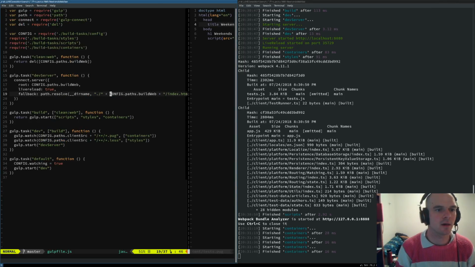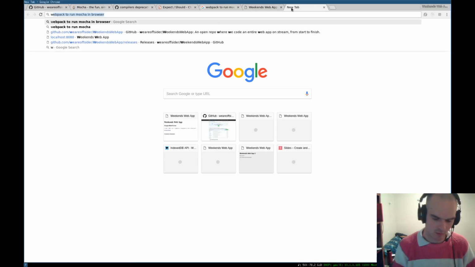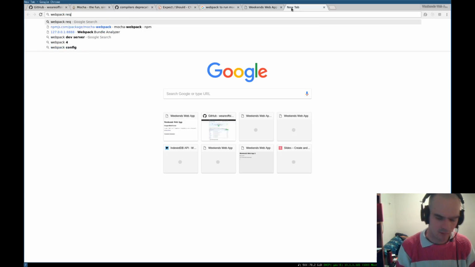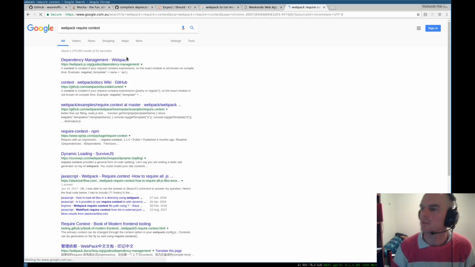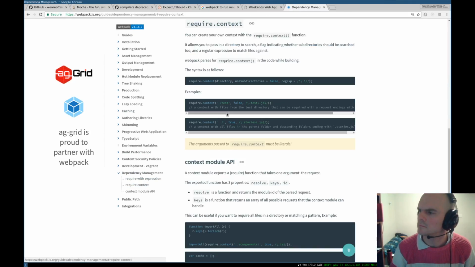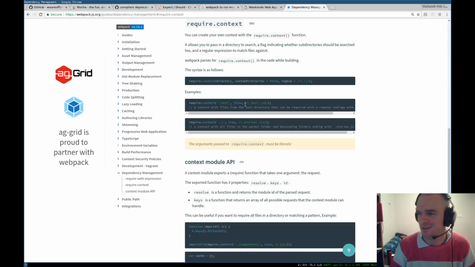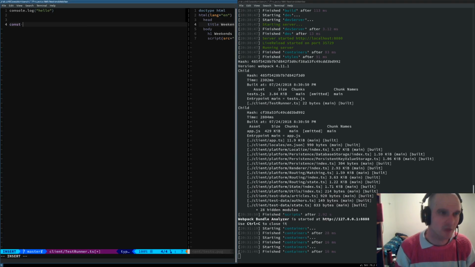So let's have a poke in our test runner. And I'll bring up some documentation for this one as well. So we've got Webpack require.context as the concept. Here you've got this ability to create a context, and you can even use a regex to make sure you get files of a particular shape. Well, this looks great, doesn't it? It looks like exactly what we want. So how about we give that a try, right?